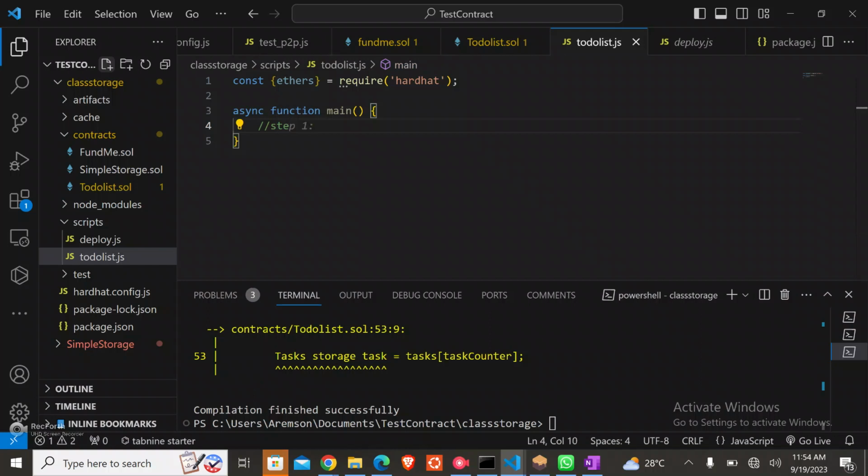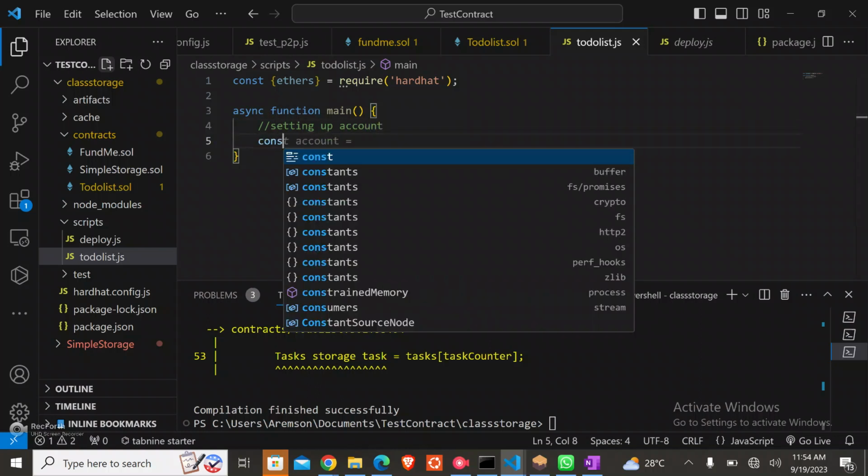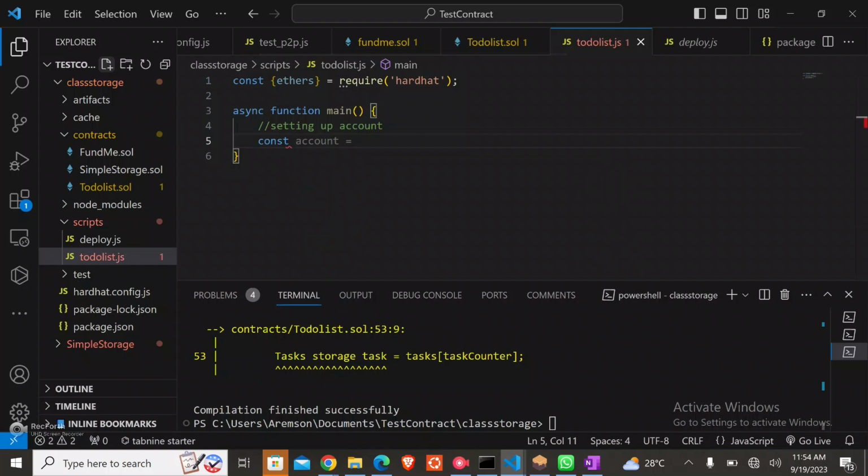Now the first thing is to set up an account. If you want to deploy your contract, set up an account that will deploy your contract. So that's the first step. Then you declare const with any name. Let's say deployer, which is equal to